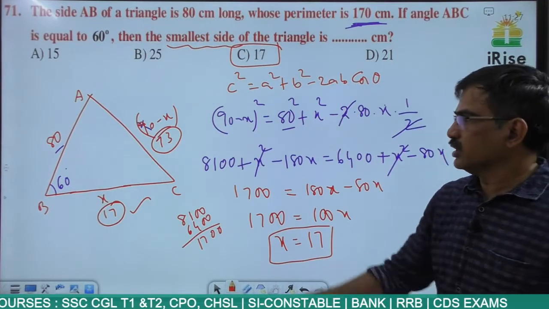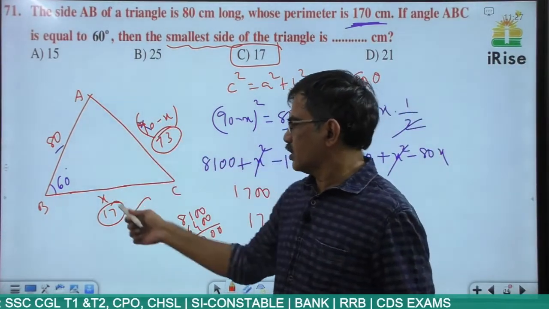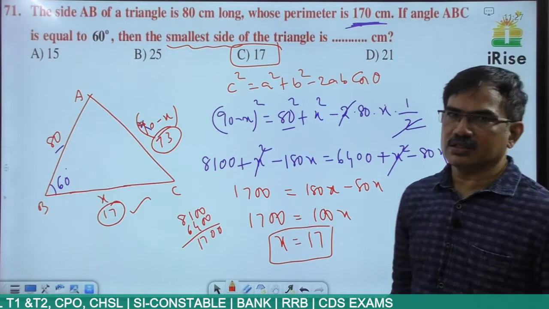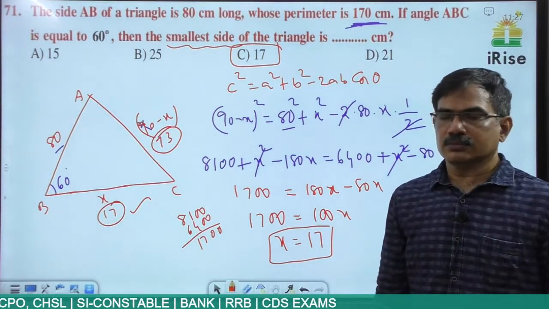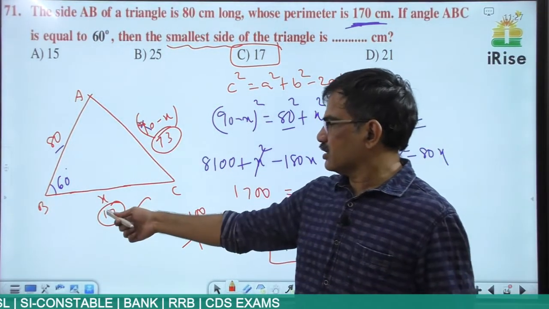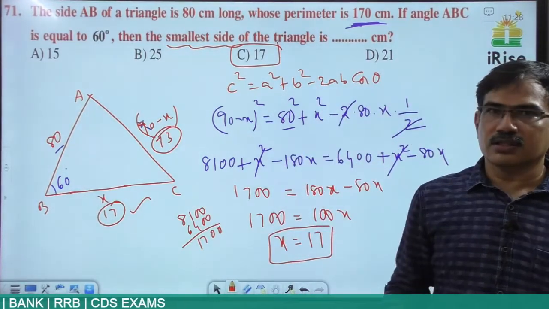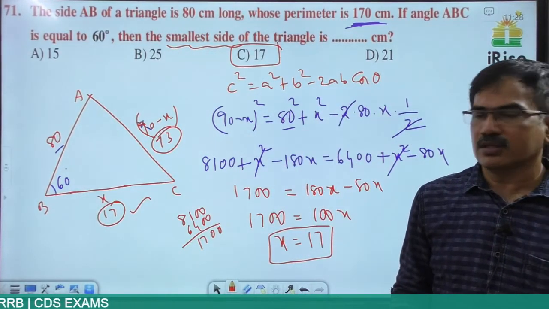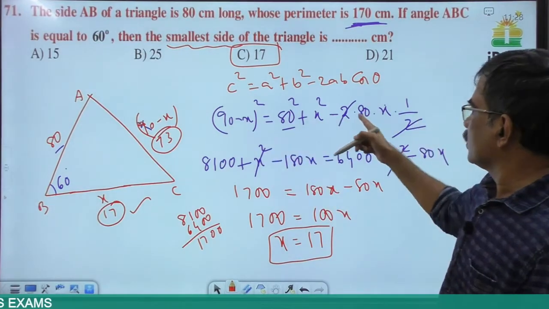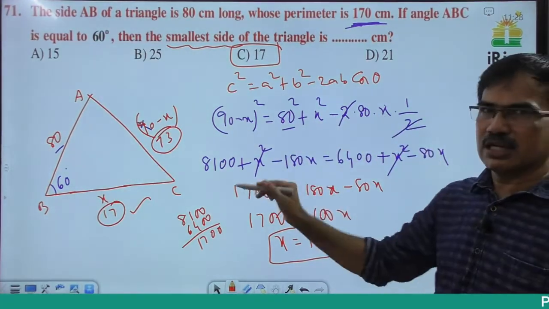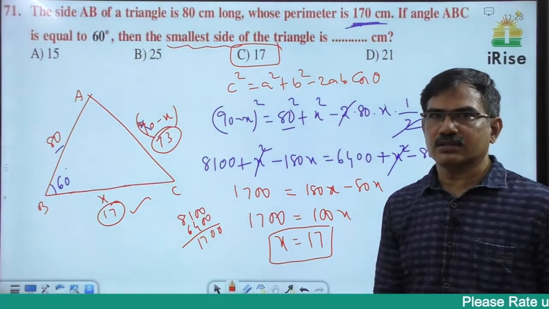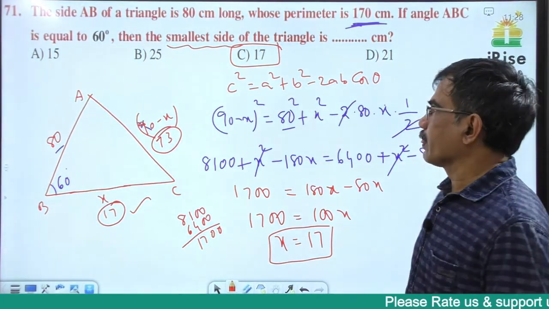Based on the cosine rule, c square is equal to a square plus b square minus 2ab cos theta. Okay, if you take this as x, this is 90 minus x also, you get the answer, but the calculation part is somewhat difficult. Okay, so I want to make this one, otherwise we get 90 minus x here, so the calculation is difficult. Next question.